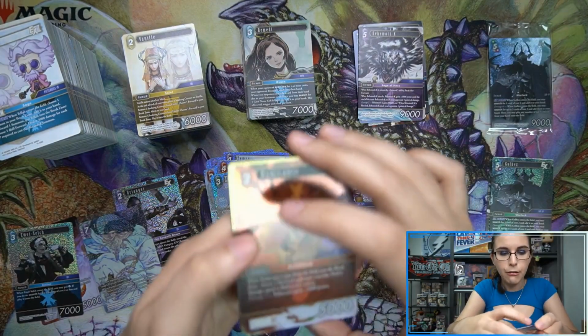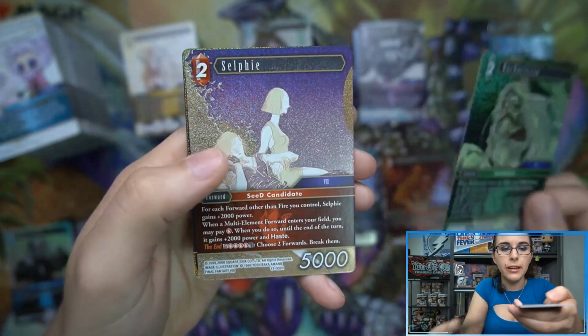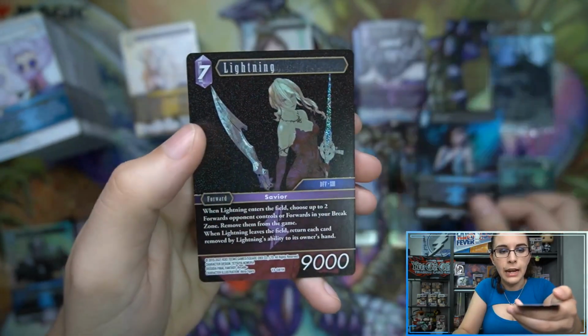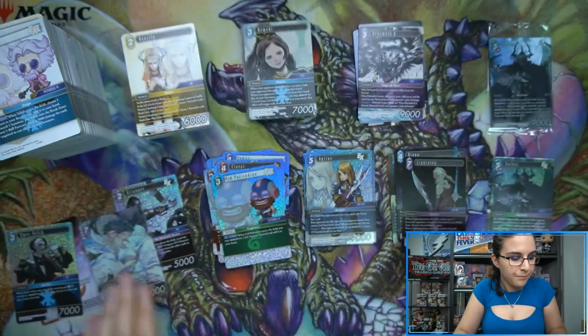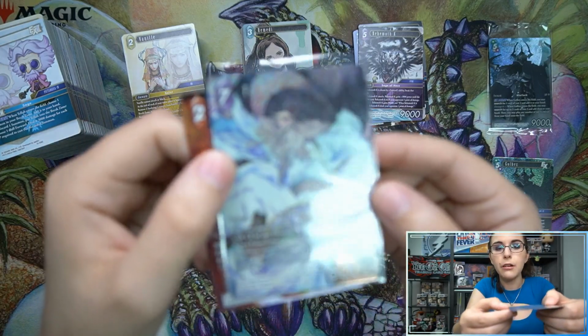Take a look at our hero foils as well, because we didn't get too many. We had Rubicant non-full art, Barbaricia, Selfie, Chime, Renoa, and Lightning. Like the art here for the Dissidia Arcade. Then we did actually have 2 full arts. We had the Fusoya